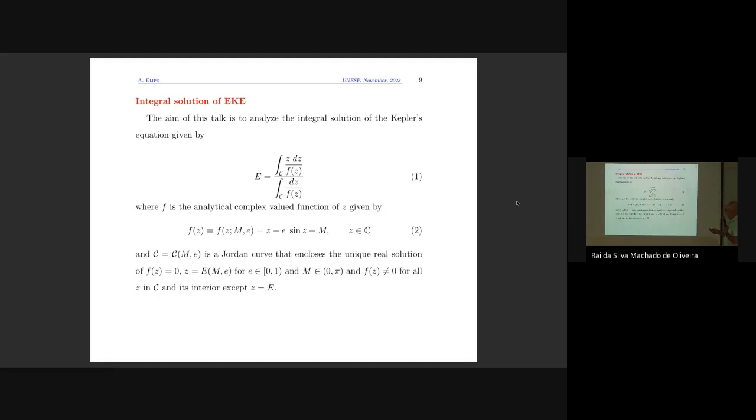Our function is the Kepler. Because we want a quantity f of c0 equal to 0, we put the M in this part. So this will be our function. M is constant, because it's given at a certain instant of time. And the eccentricity also is given. So we have to deal only with this. But this is a complex number, don't forget that, because we are no longer in the real plane, we are in the complex plane.